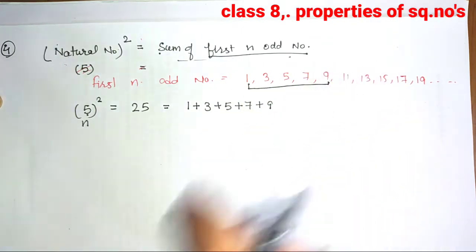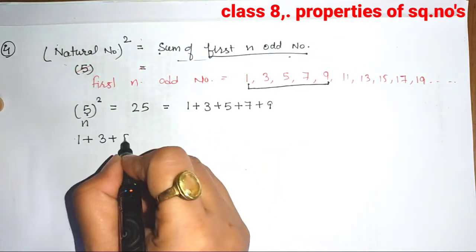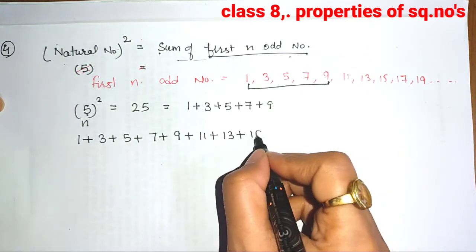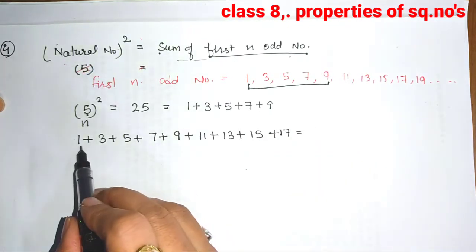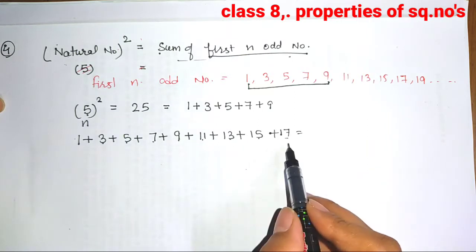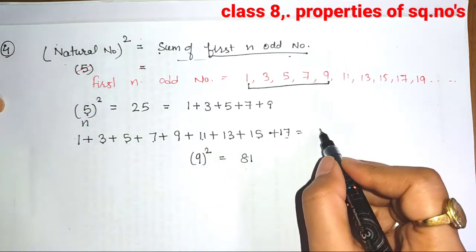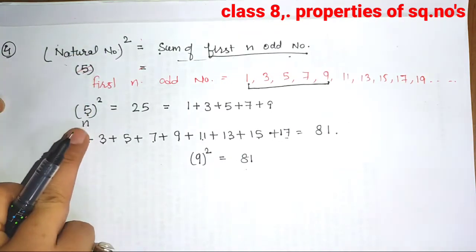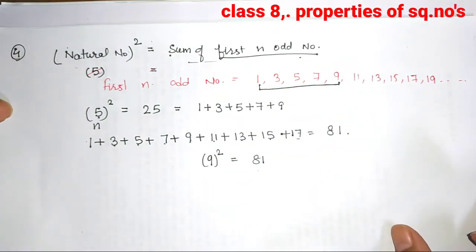The same way, in another way, if they have given these numbers and they want you to quickly add them all, you will see how many numbers there are: 1, 2, 3, 4, 5, 6, 7, 8, 9. You know all these are the first n odd numbers, and there are 9, and 9 squared is always 81. So the sum of all these must be 81. So our property is: you can take any natural number as n, and you can express its square as the sum of the first n odd numbers in this way.